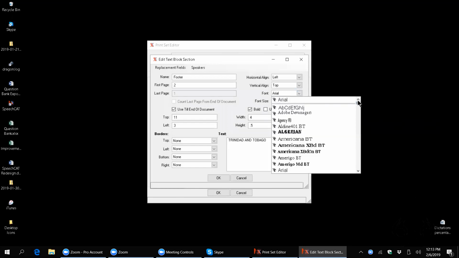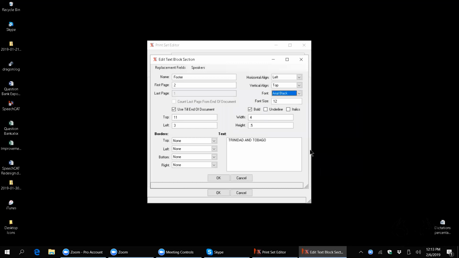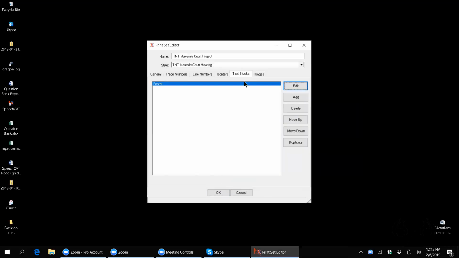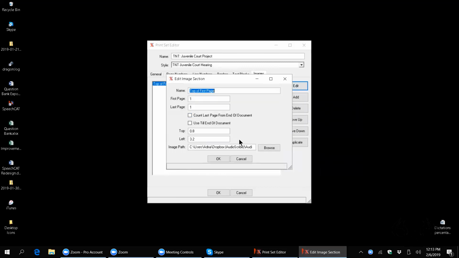And maybe I even want it to be Arial Black so that it's nice and thick. And I can say okay. And images is only for if you want a logo, such as is used on the top of the first page in the juvenile court